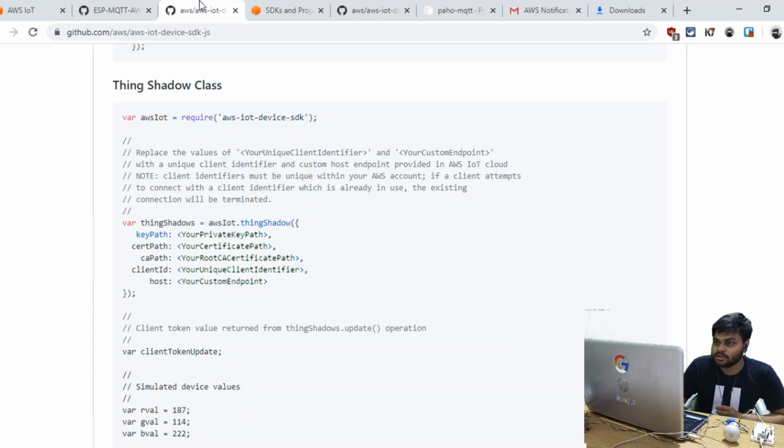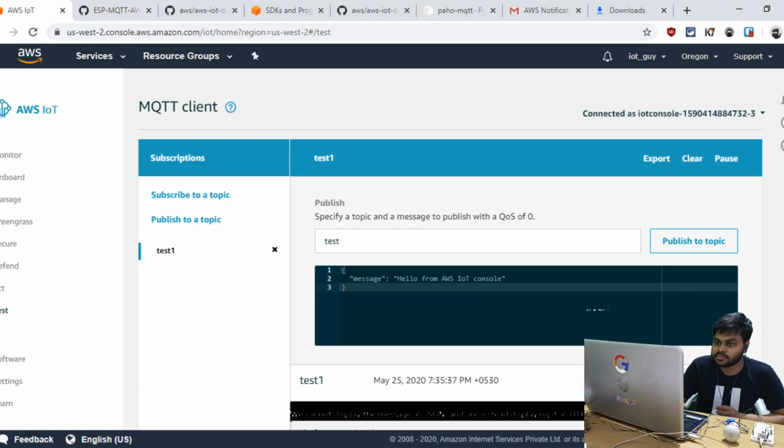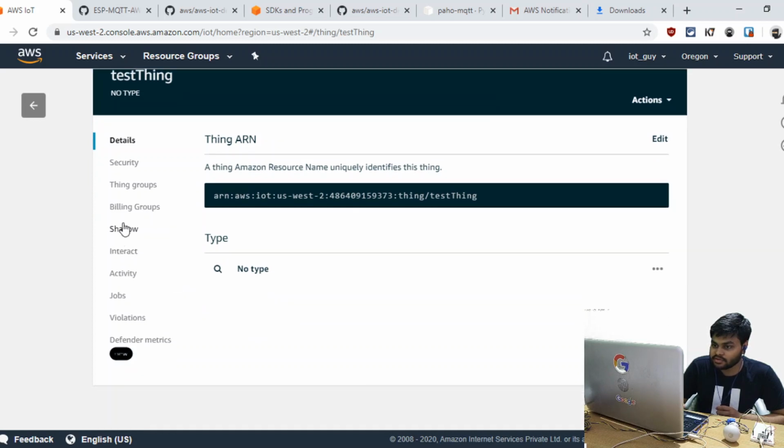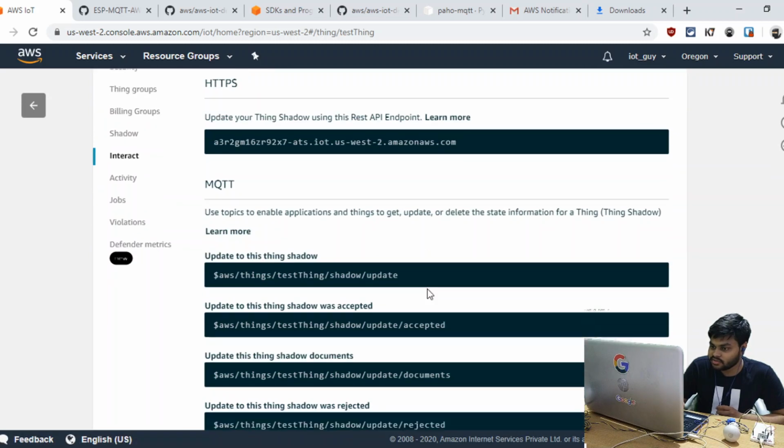So first click on this Manage button. For the test thing, we have Interact, Shadow, Billing. Click on Interact, and we have these types of topics used to enable applications and things to get, update or delete the state information for a thing. So basically with Thing Shadow you can store the state of a thing.